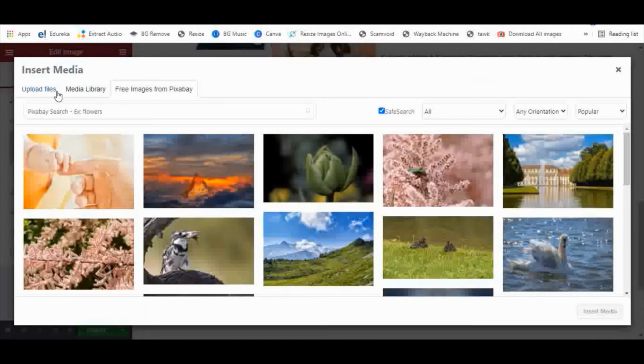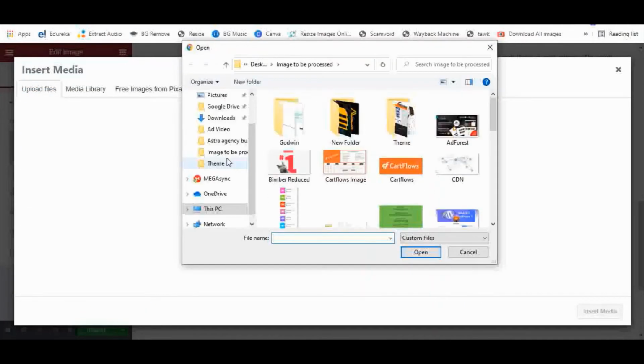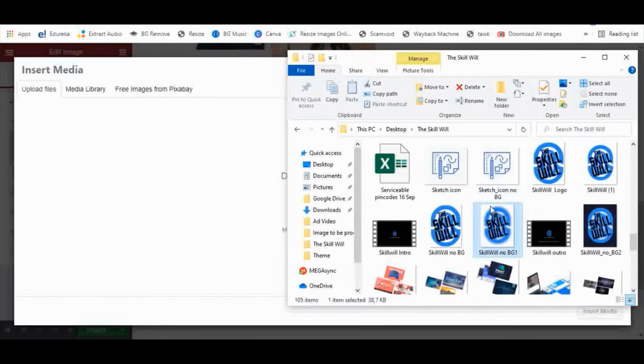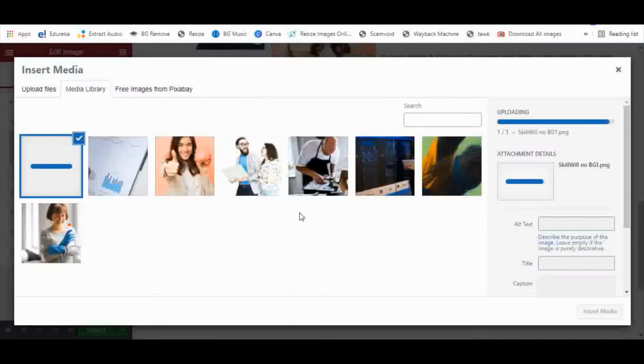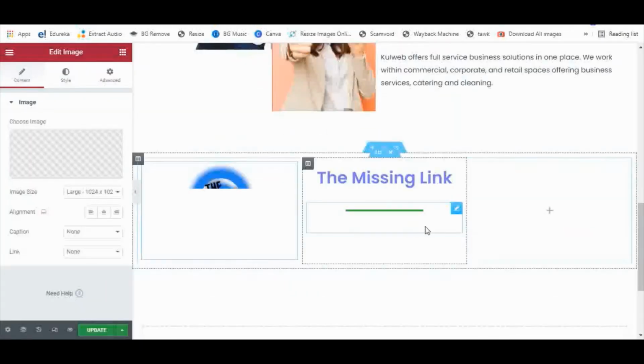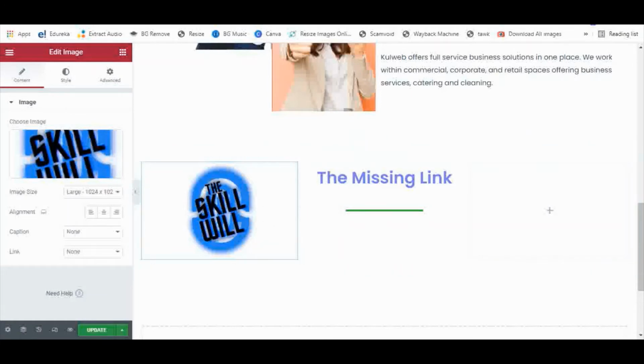So I will go to the images and upload an image, maybe a logo here. So let me add an image here, and I will insert this image. So you can insert any image, or if you have a logo, you can insert that here. So I will just update it,